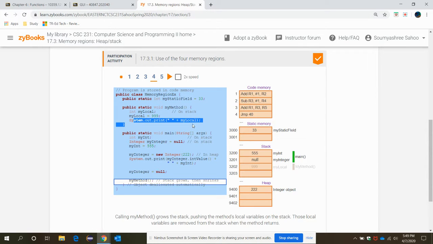So then the statement we have for my local is a print statement. So after this statement is executed, there is no need of using my local. So here it's the time to delete or make the space empty for that assigned my local variable. And those local variables are now removed from the stack when the method is returned. Okay, method is called, it's executed. Now it comes back here. Now after everything is done,